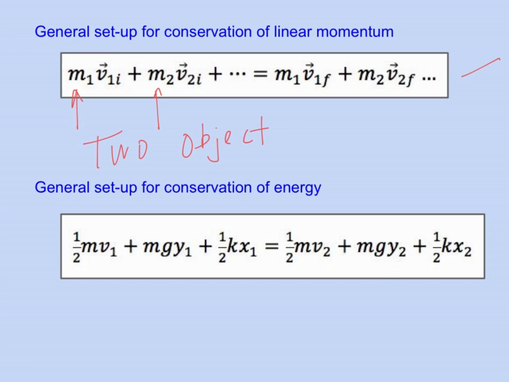and they are interacting. Whereas if you look at the conservation of energy, in most cases here we have just a single mass, and that mass stays the same before and after the interaction or the event. And so in most cases, if you're trying to figure out which method to use, look to see if there is one object or if there are two objects. Now, there are certainly exceptions to these rules, but for the most part, that's going to be a great clue